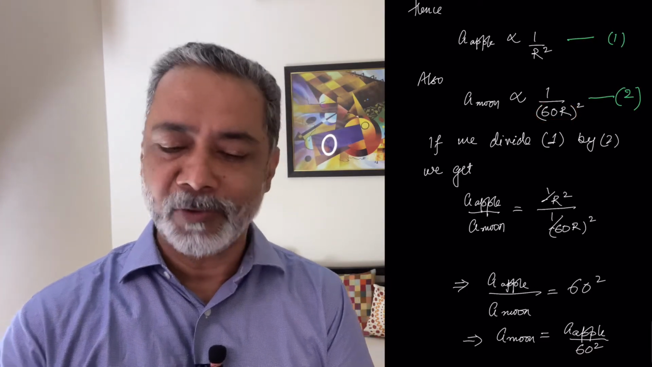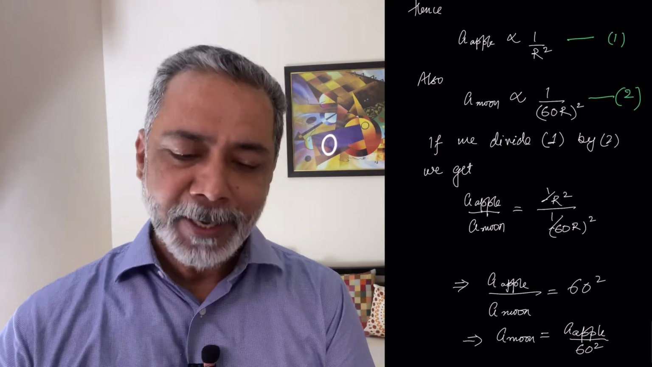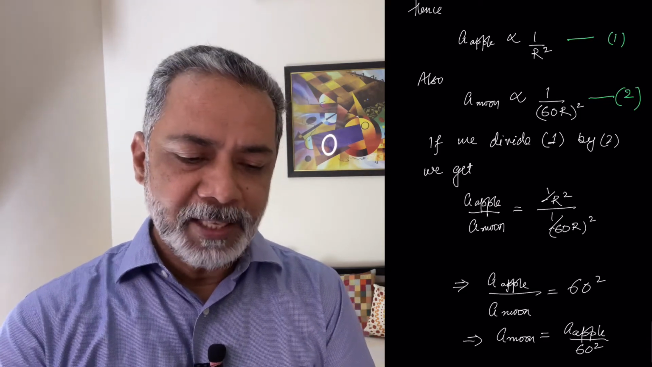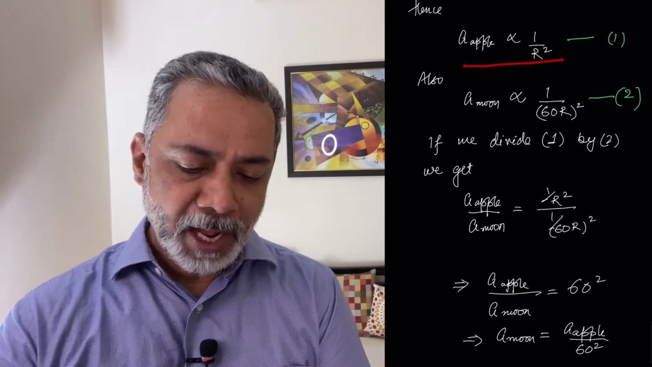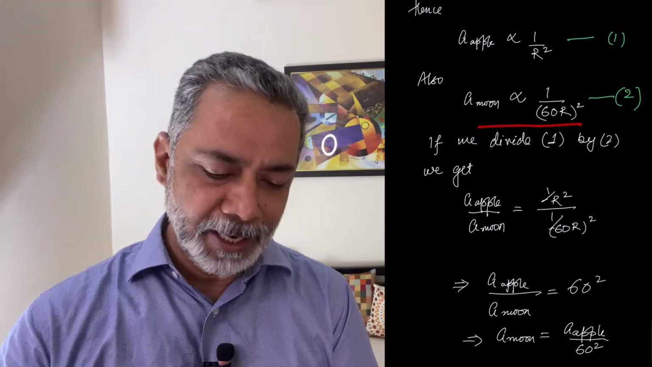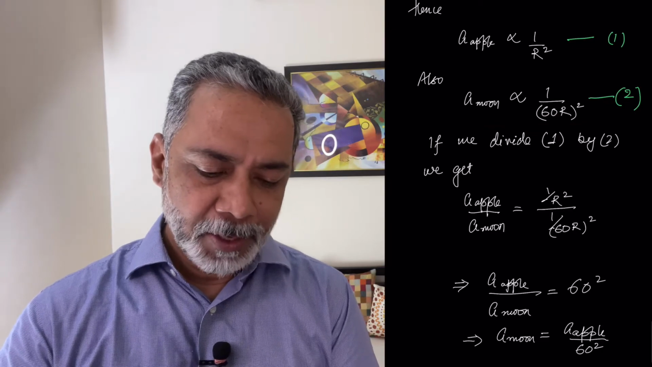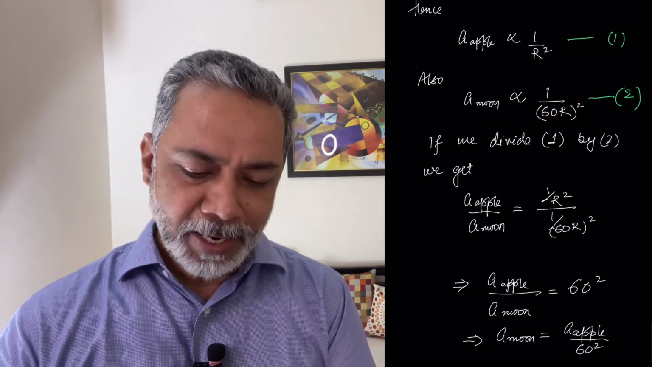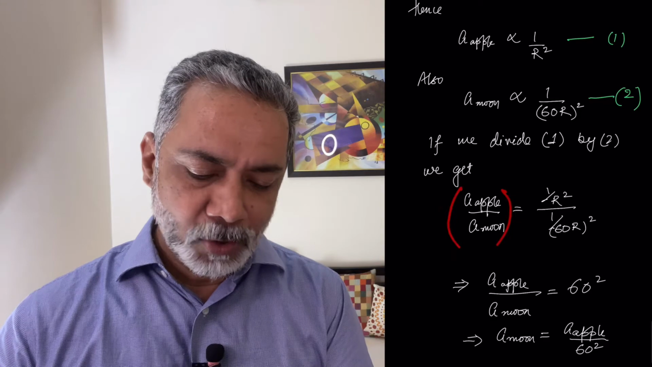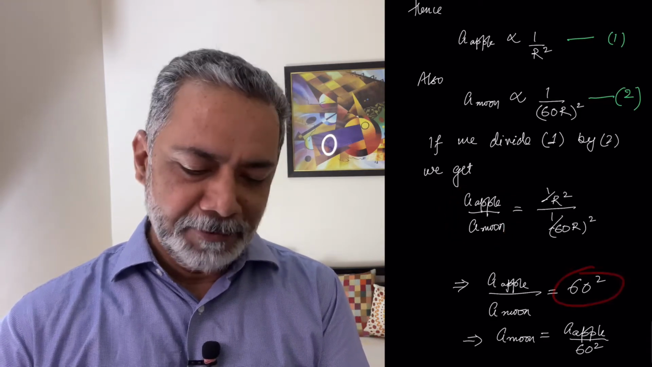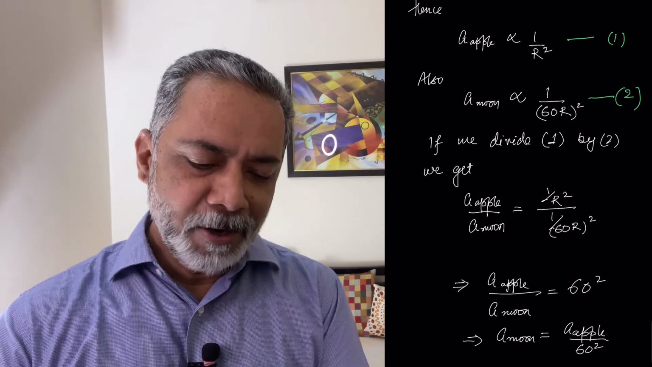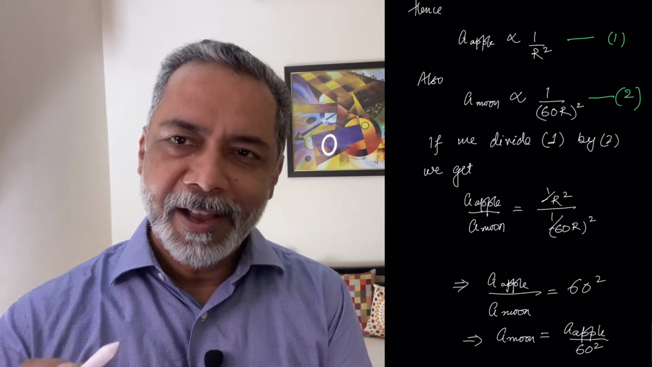So for the moon it's 1 by 60 r whole squared. Now you divide this equation 1 we have here with equation 2, and we get the ratio of the acceleration of the apple to the acceleration of the moon, and we end up with 60 square here, and therefore finally Newton arrives at a conclusion which is correctly matching